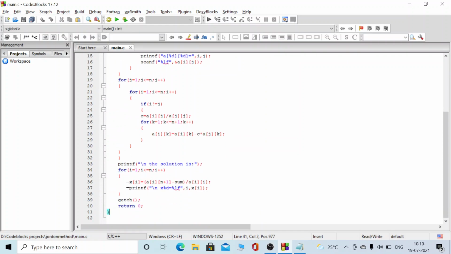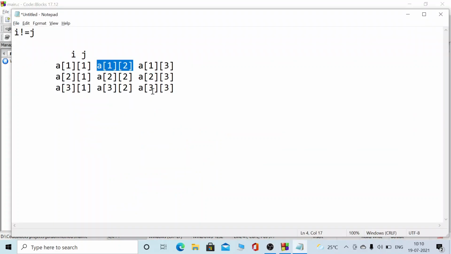Then it shows how to find the solution, that is, x1, x2 and x3. When the diagonal elements are non-zero and all other elements are 0, if the other two elements are 0, we get the value of x1 here, and when those two elements are 0 and this is a non-zero number, we get the value of x2, and similarly we get the value of x3.